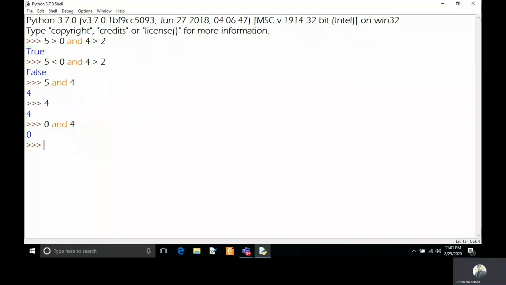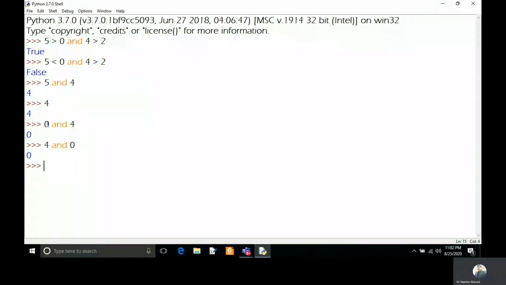So likewise we can see how it works. If both values are numerical values and the first is not 0, it will print the second numerical value. If the first numerical value is 0, then it will return 0. And if the first numerical value is 4, or anything except 0, and then you write 0 as the second numerical value, then it will return 0 again. You can see here.